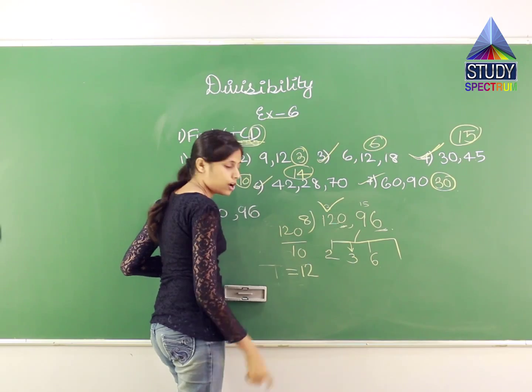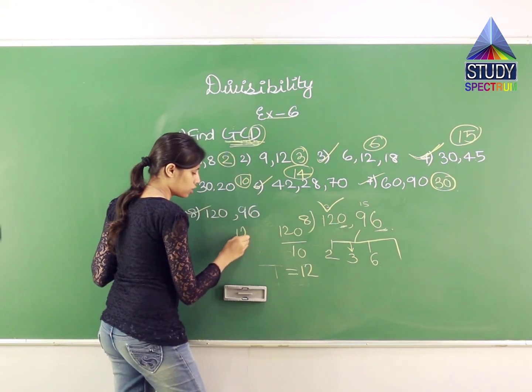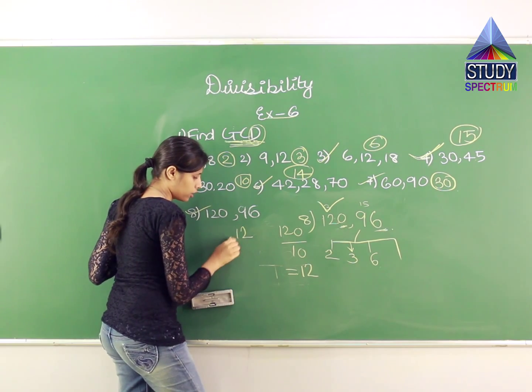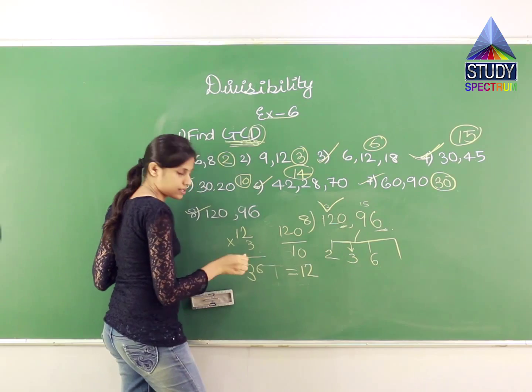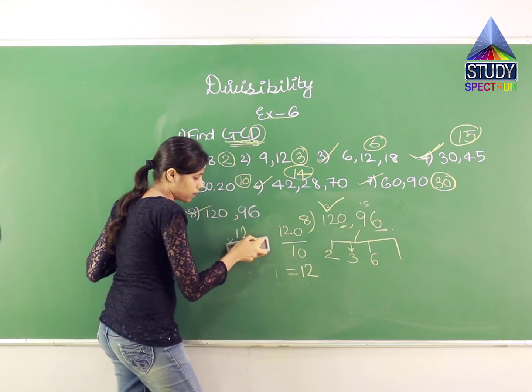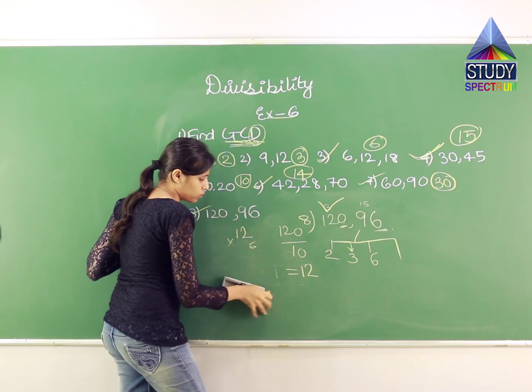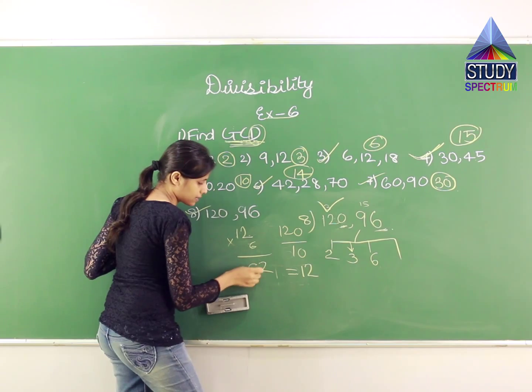5 या 10 से, अगर मैं 10 से divide करूँ तो 120 divided by 10 gives me how much? 12. 12 के टेबल में आता है कि 96? Let us check. 12 3 जा 3 2 जा 6, 3 1 जा 3, 36, right? But I need what? 96. So I'll change the number. 6 कर देती हूँ. Okay? So 6 2 are 12, 6 1 are 6,